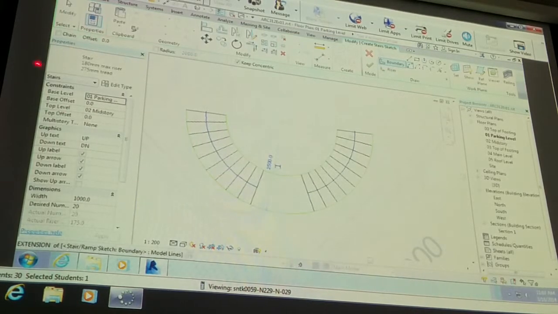To create a second one above that, we can add a multi-story top level. So for our multi-story top level, let's put in level, the main level, level 4. And while we're here, let's choose a